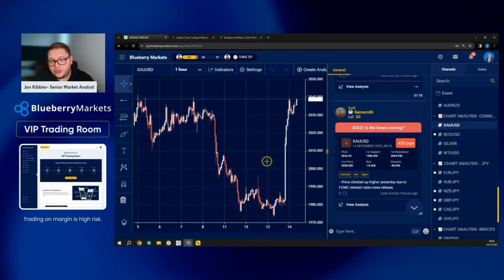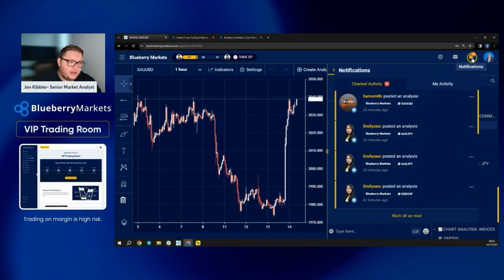Now, once you've done that and people provide feedback, you're going to get notifications. To go and see those notifications here, what you can do is go up to the top. It says notifications. There's a little bell icon here. You can see that there's 15 in the channel activity. Now, that channel activity is all the traders posting